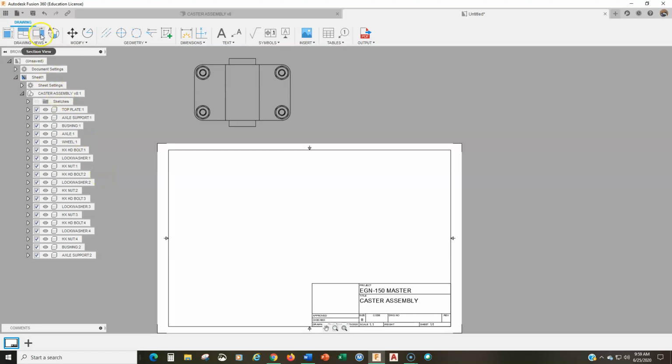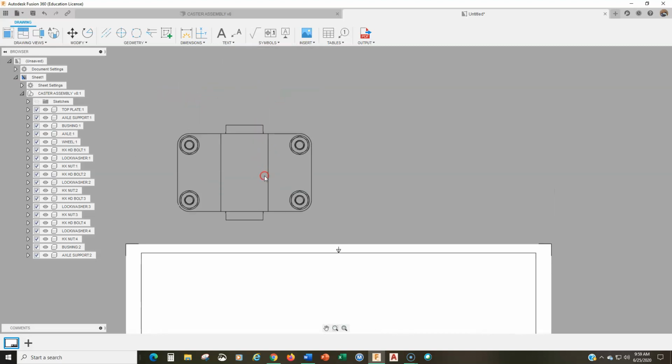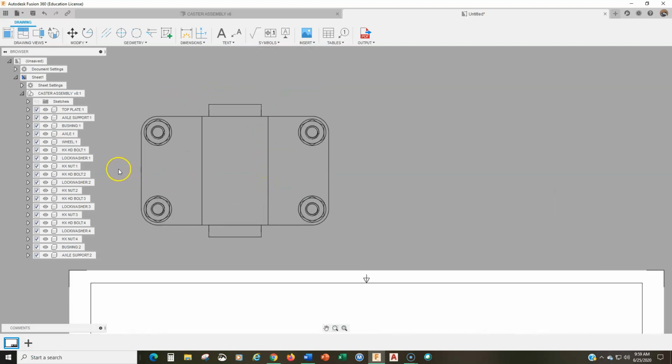Now to create my section view, we're going to go like this. Let's talk about the section view first before we get in there. Really we want the section view to cut through half of the object right there. But the problem with the cutting plane line that goes right through the middle of the object, as it should, is that it's going to get the wheel, the axle supports, the bushing and the axle and all that good stuff that we want. The problem is we're going to miss the bolt, nut, and washer on the left and on the right. So how are we going to get that in there? Well,